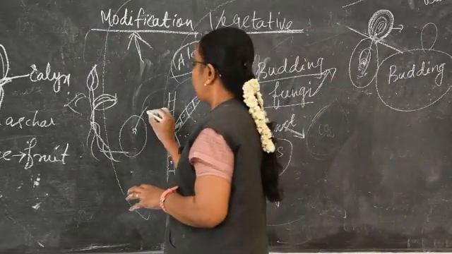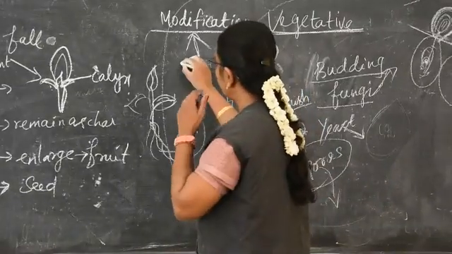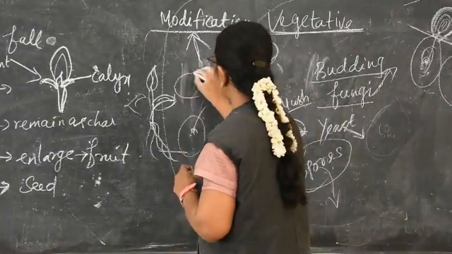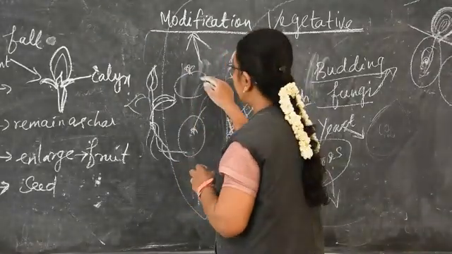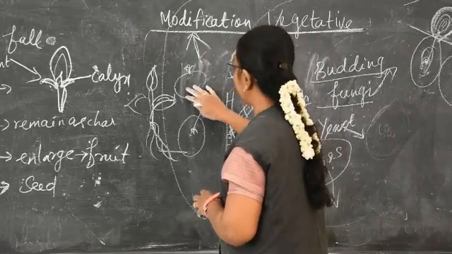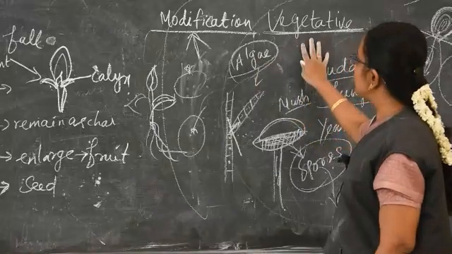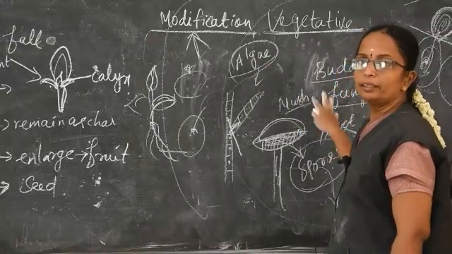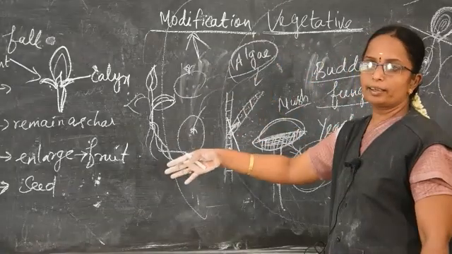Like this, many plants are developed either from root. If we take onion, it is also a stem portion. A new plant is developed from the onion, and then from potato, from leaves. Like this vegetative reproduction is happening. This vegetative reproduction is happening without the involvement of sex organs.